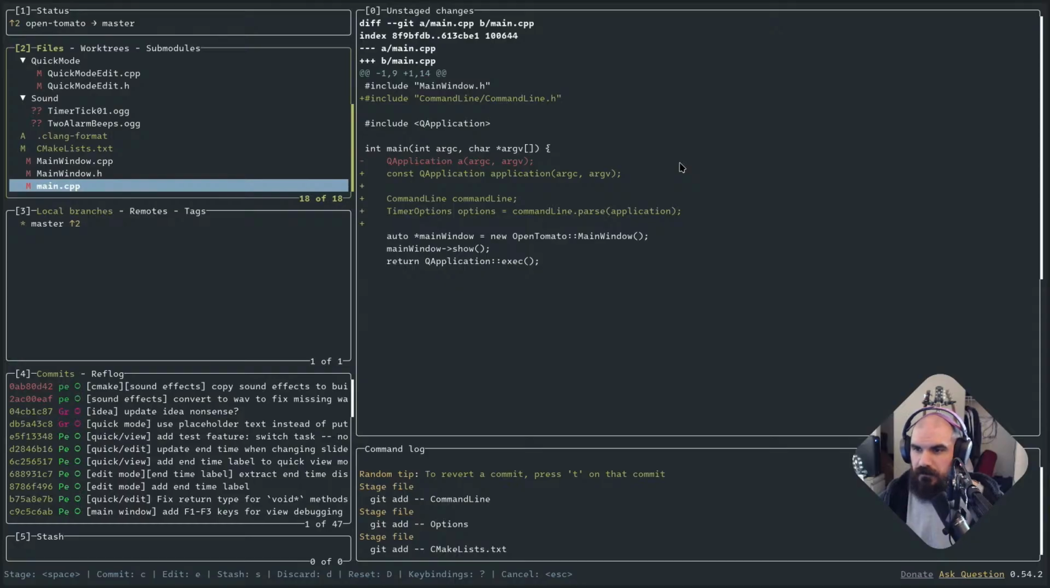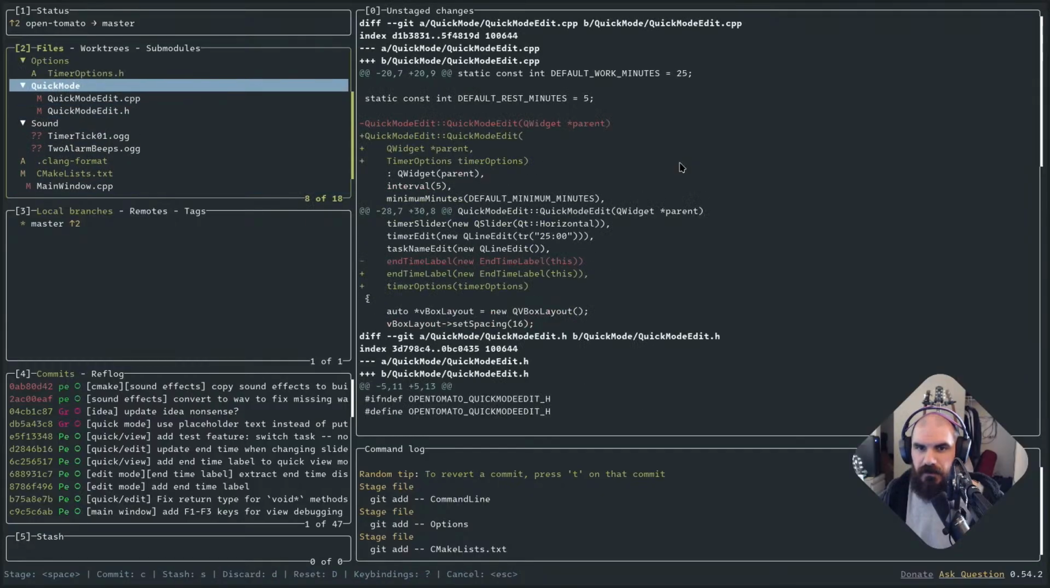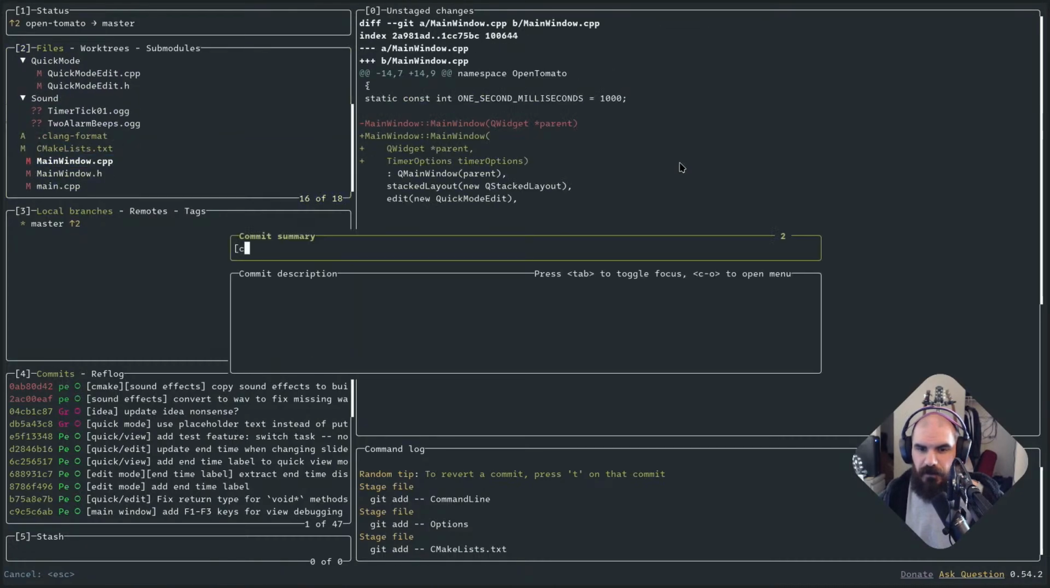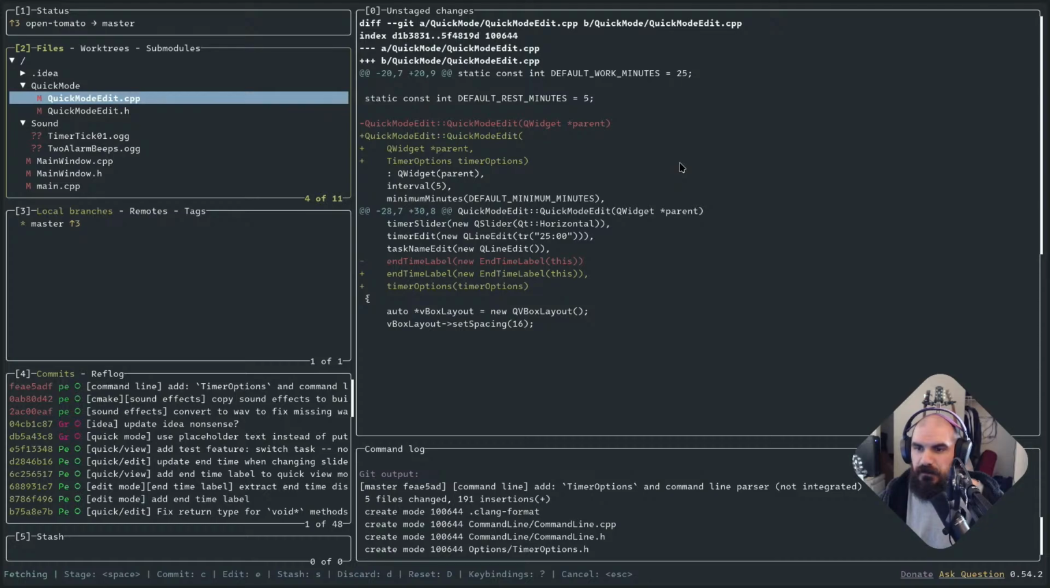Yeah, that's fair. I could do this in 2 commits. So adding the command line options and parser. Add command line options. Add timer options and command line parser. Right, and then here,